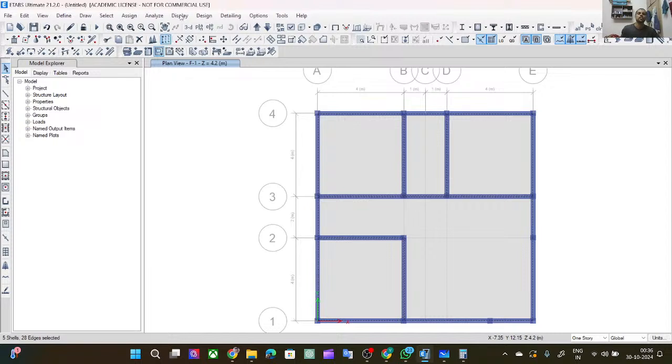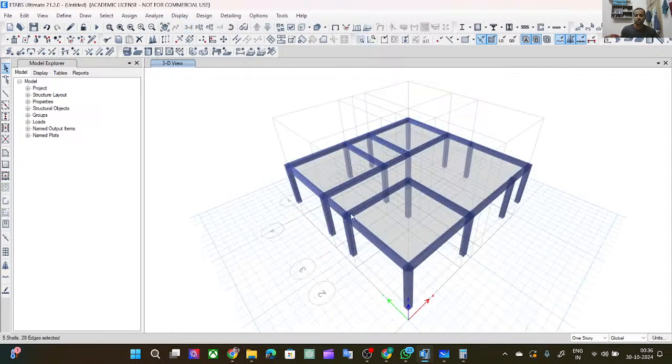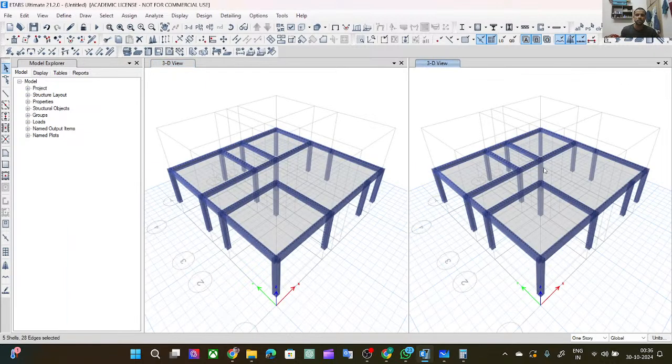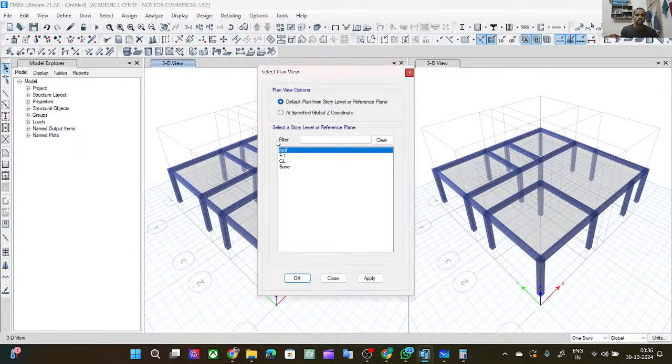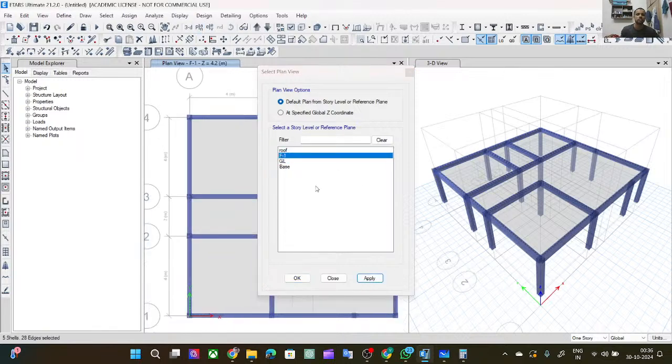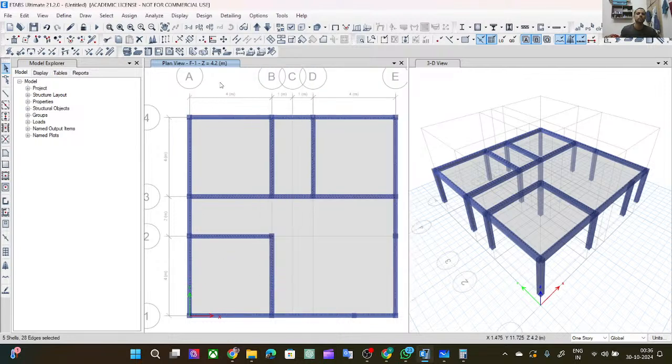Okay. Go to 3D view. So it is my 3D view. Now click here and add new window and click here and go to, then apply. Okay, so this is a structure view of my first floor. Okay,